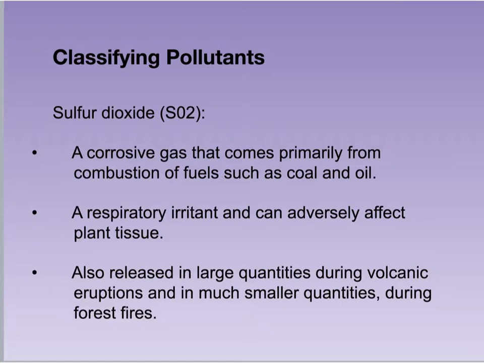So sulfur dioxide, SO2, is a corrosive gas that comes primarily from the combustion of fuels like coal and oil. It's a respiratory irritant, and it can adversely affect plant tissues as well, not just mammals and things that breathe. Because all plants and animals contain sulfur in small to large amounts, the fossil fuels derived from the remains of other organisms basically contain sulfur. And when those fossil fuels are combusted, the sulfur combines with oxygen to form sulfur dioxide. Sulfur dioxide is also released in large quantities during a volcanic eruption, and it can be released in smaller quantities